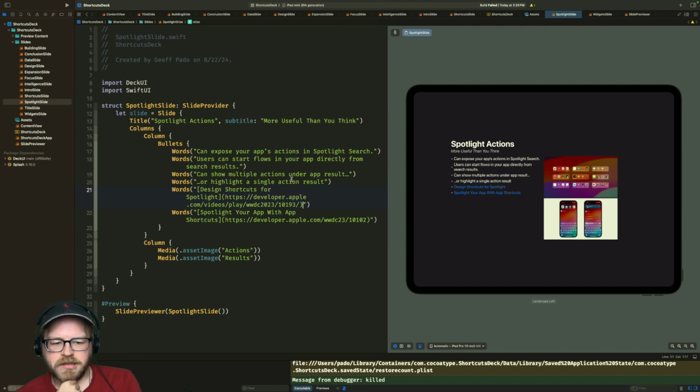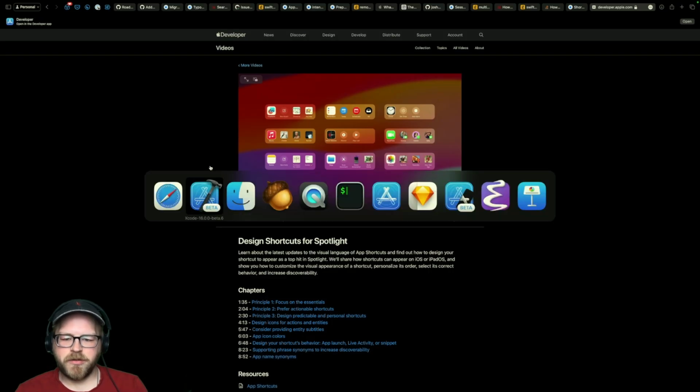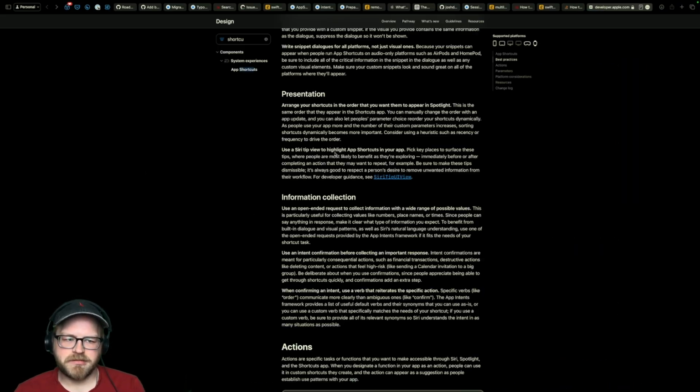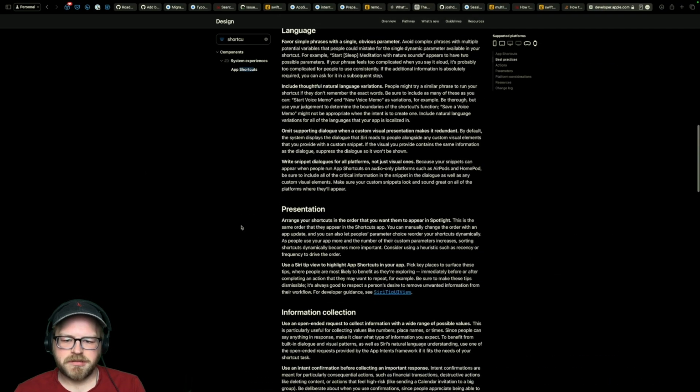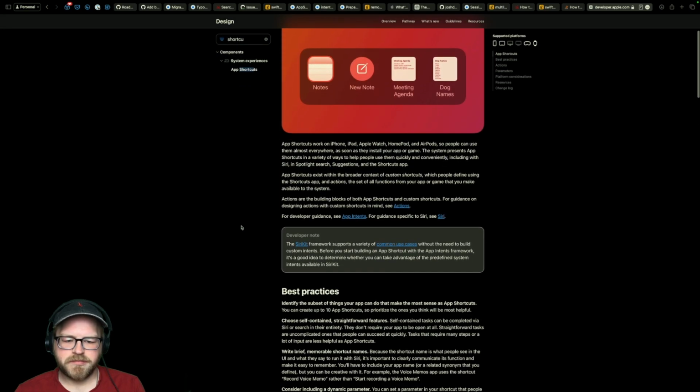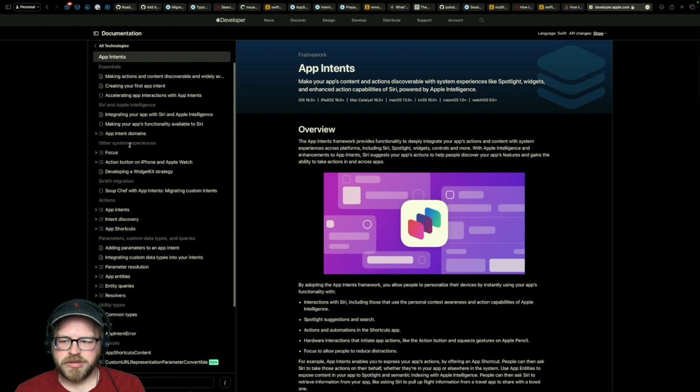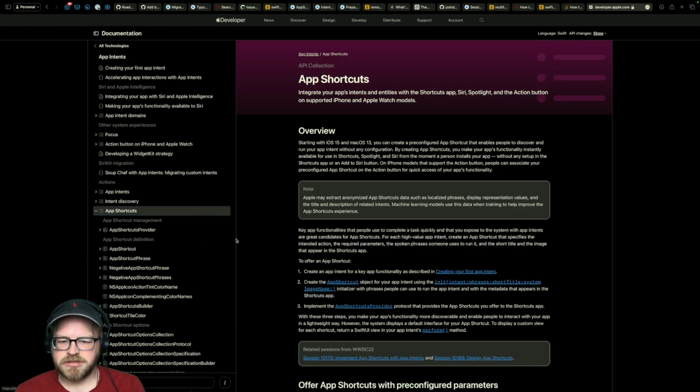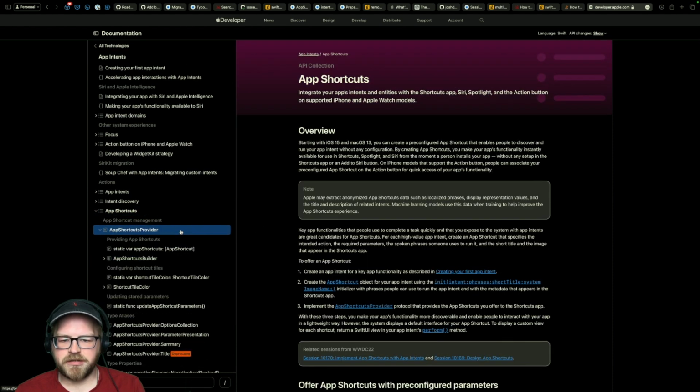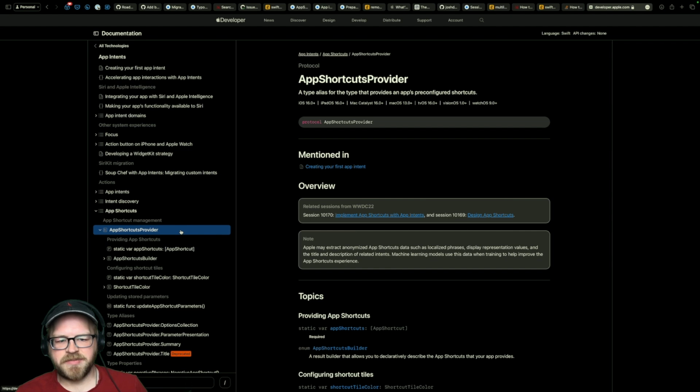Okay. So we got those. Spotlight actions. Do we really need to provide like code or anything for this? Probably not, right? For developer guidance, see app intents. What specifically? App shortcuts. App shortcuts provider. Type alias for the type that provides an app's pre-configured shortcuts.